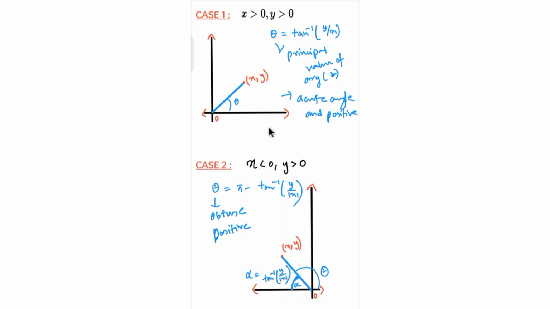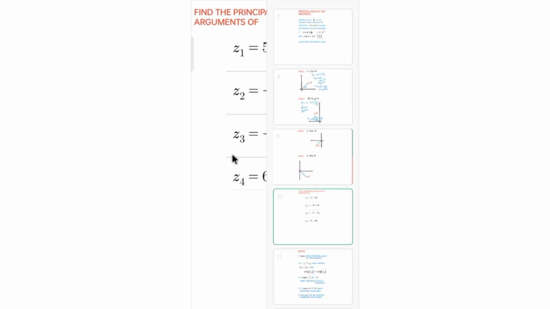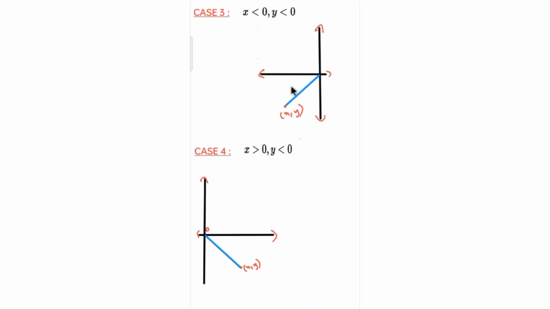And why did I keep mod x? Just to make sure it is positive, because x is less than 0, so mod x will be greater than 0. And taking case 3, in this case we have our theta to be this. Fine. So this will be our argument, because the argument is basically the angle with which the line is making with the positive x-axis. So this will be our theta. So this is our required argument.